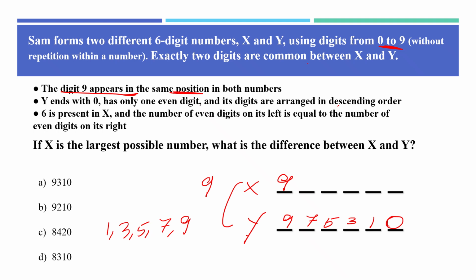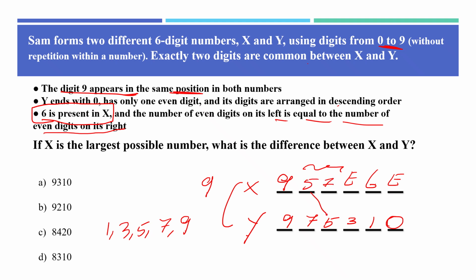Okay, then 6 is present in X, and the number of even digits on its left is equal to the number of even digits on its right. Great. So let me say, if I give 6 over here an even number, here an even number, then I'll have to give two odd numbers. In that case, that will contradict the given condition. If there are two odd numbers, let me say like 5 and 7,